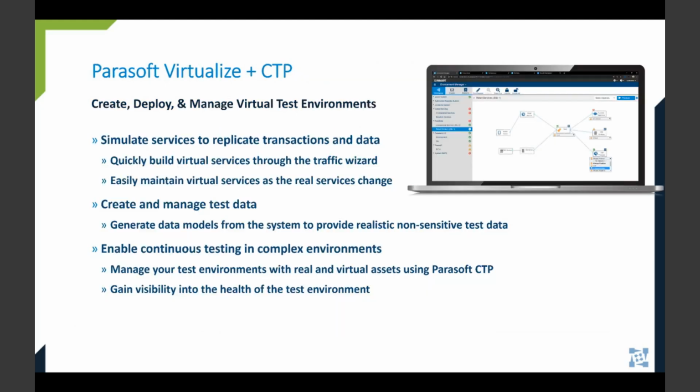Then I demonstrated for you how Virtualize and CTP can be used in some ways in tandem and in others in place of one another to simplify certain tasks like recording and creating virtual assets. We looked at how we could use CTP's test data management and regular expressions inside the actual data to leverage really powerful capabilities where simple standard test data would otherwise fall short.